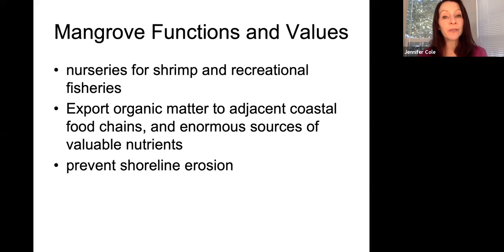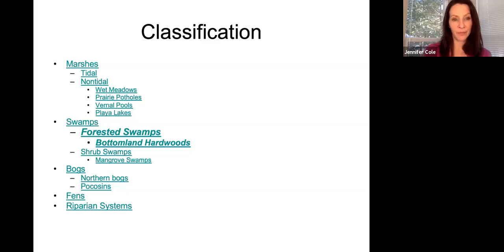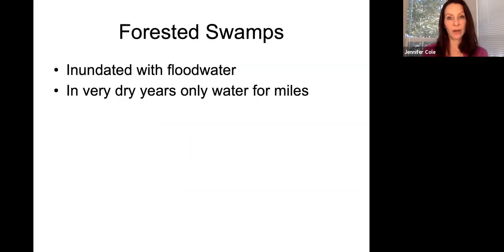So I kind of already said this. They are nurseries for shrimp, recreational and commercially important fish that we eat. And they export organic matter out to the deep water. And so they provide really valuable nutrients for ecosystems that are offshore. They buffer shoreline erosion, as I said. We have lost 3.2% since the 50s. There's been a decline in the water quality, and we have efforts to protect them. So those are the